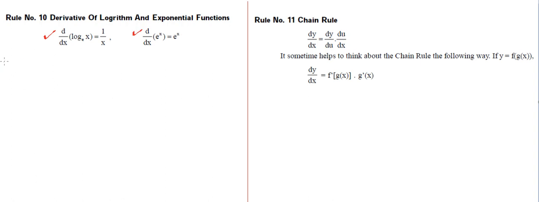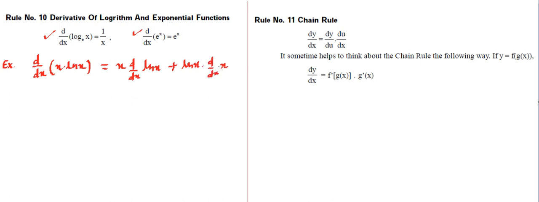So after learning this formula, we can take one example. So let's say somebody says find d upon dx of x ln x. So if we are interested in finding x ln x, that means here we need to apply the product formula once again. So we will write the first function as such, and we will be differentiating the second function, which is ln function. Then we will write this ln function as such, and we will be differentiating the first function, which is x function.